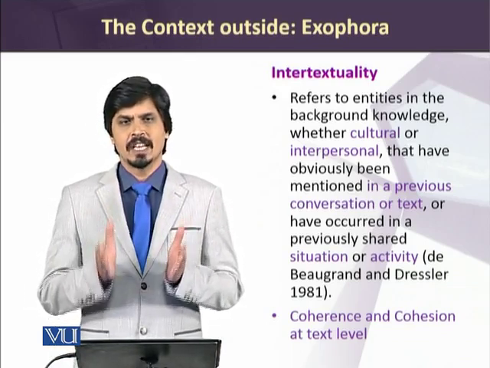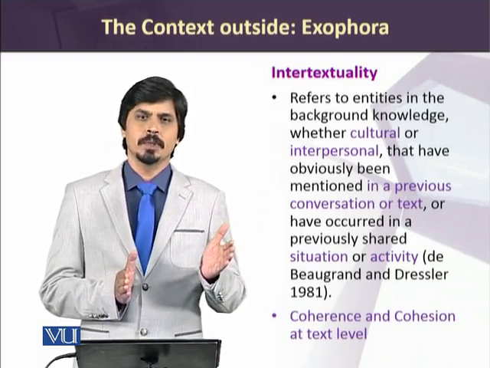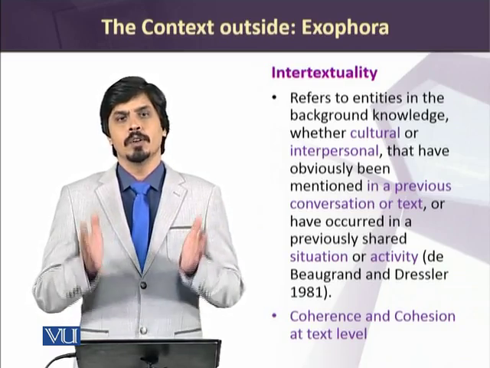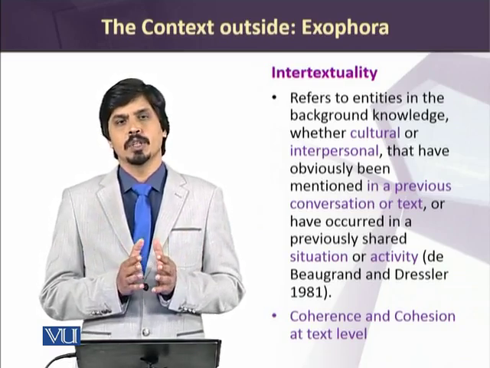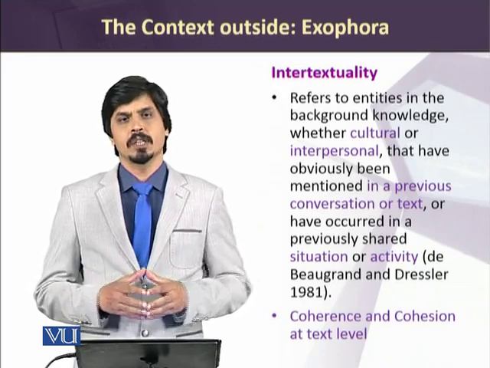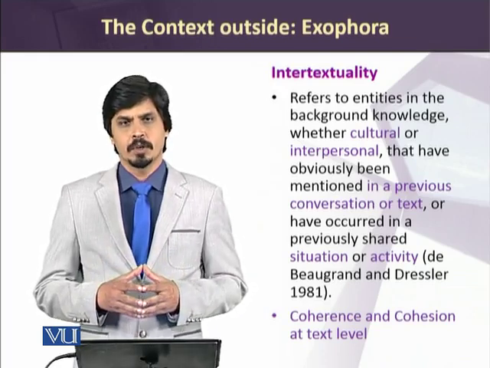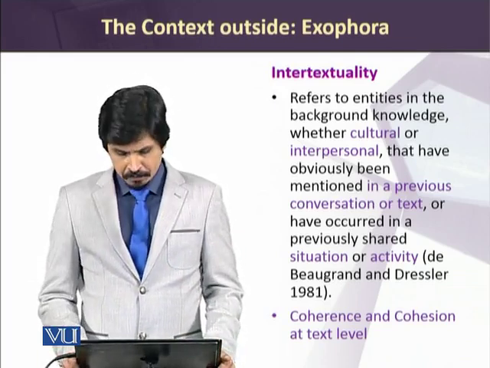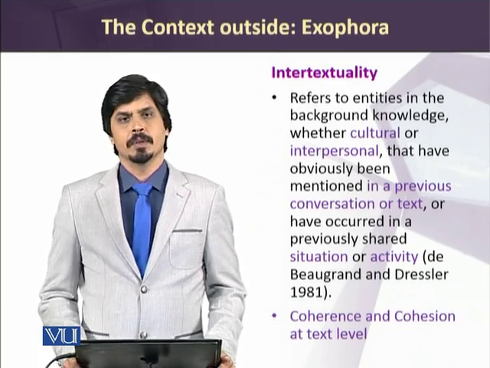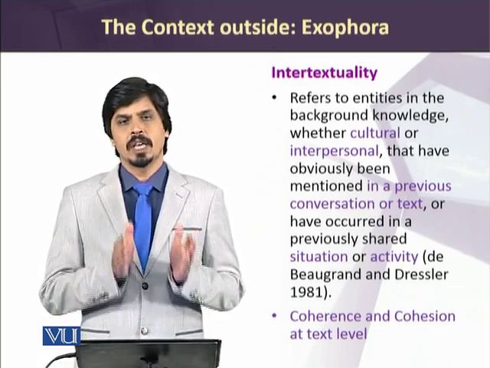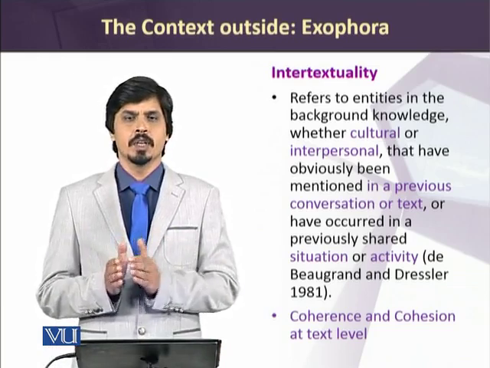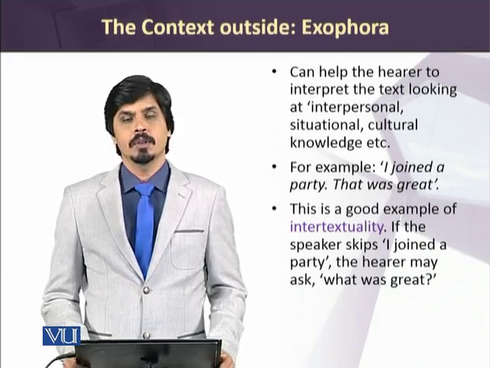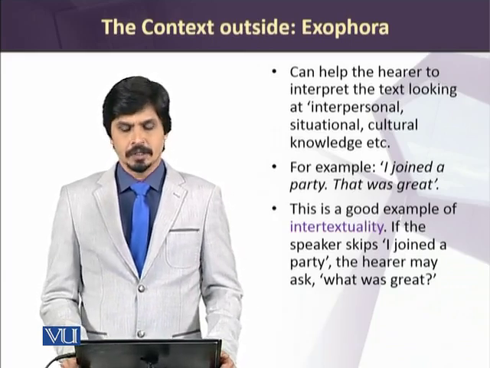So by building a connection between the text which was produced previously and the text which is being produced now, we can develop the overall meaning of the text which is being produced now, and this helps us in developing coherence and cohesion at text level. When we know what has already been mentioned, it helps us to understand what is being mentioned now. So this develops the coherence of the text, which is the overall meaning unity of the text.